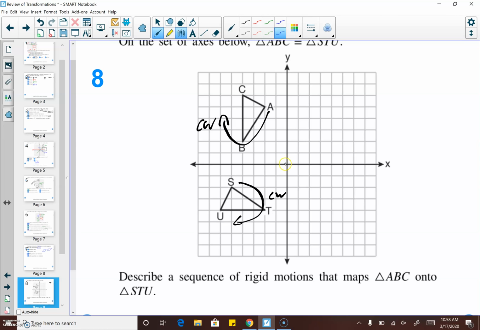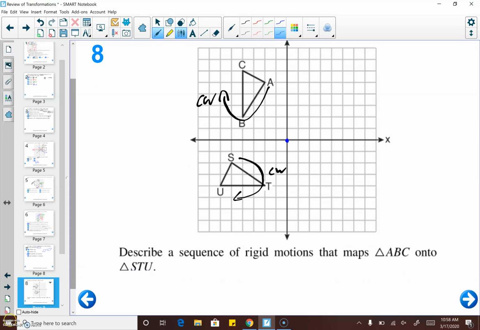And if I look at it and I center it at the origin, if I were to rotate 90 degrees about the origin, I would end up with B matching up with T, which is supposed to, A with S, and C with U. So my answer here is going to be a rotation of 90 degrees about the origin. And again, another way that you can put that is a rotation about the origin of 90